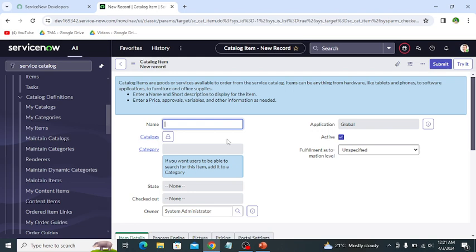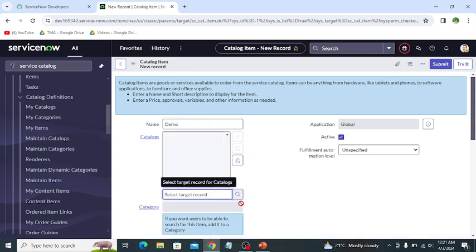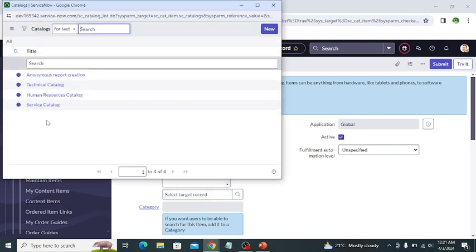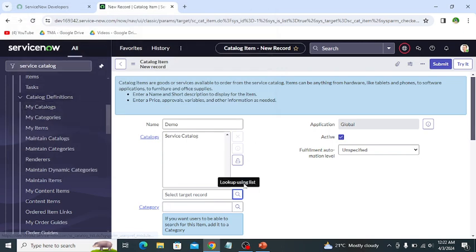So the first field is the name field, which displays the name of the catalog item on the service portal and in different places. In catalog we can select the catalog in which we want to place this catalog item. For example, we select the service catalog.